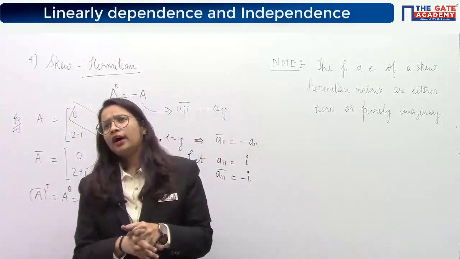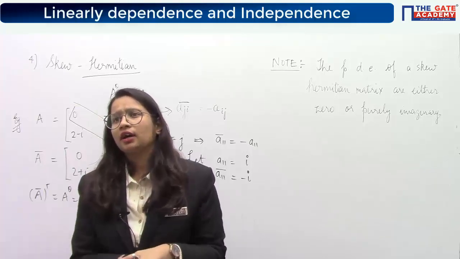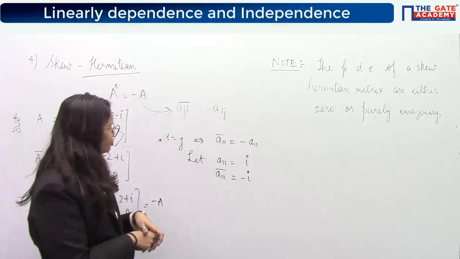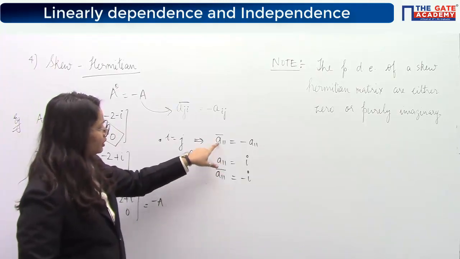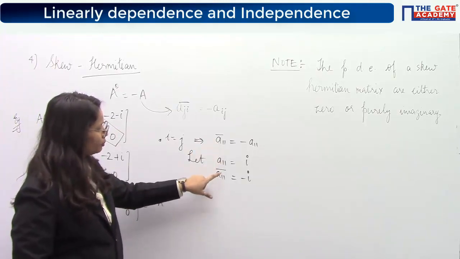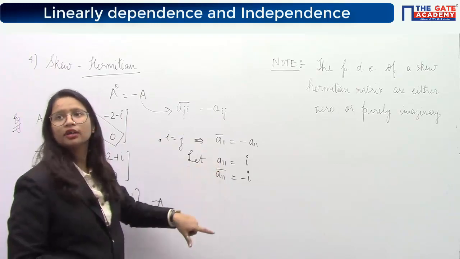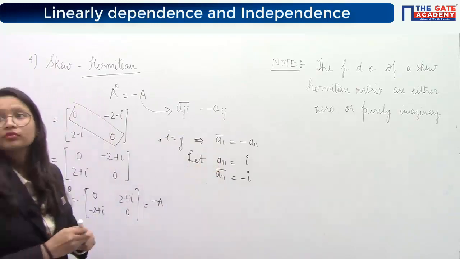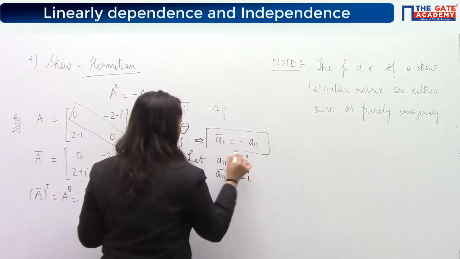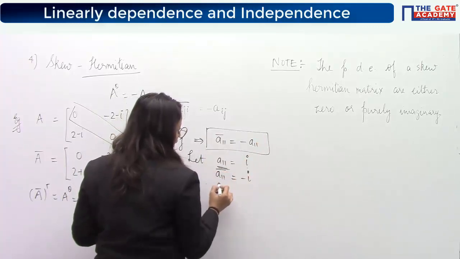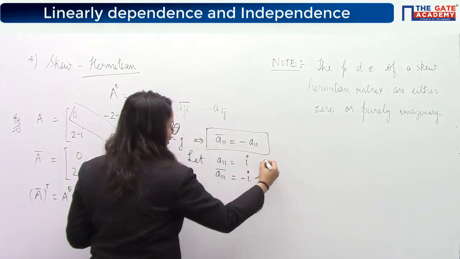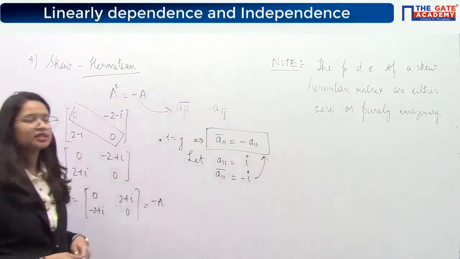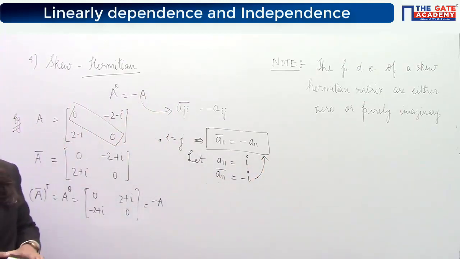Okay, why is iota equal to minus iota? Not minus iota, I have said. According to this relation, we need this to be equal to the negative of this, which are equal, no? Follow this relationship. If A11 is iota, A11 bar is minus iota, so it is falling in this relationship. That's why I have said purely imaginary numbers.